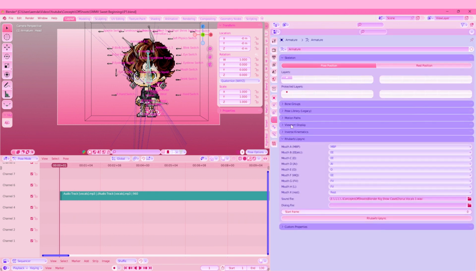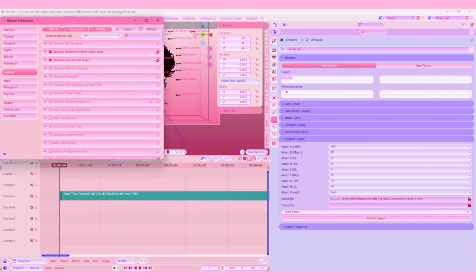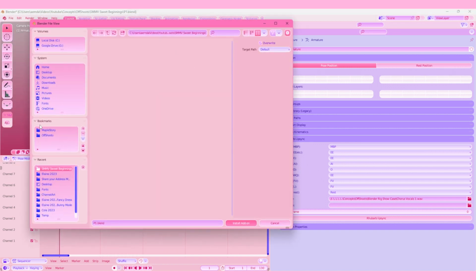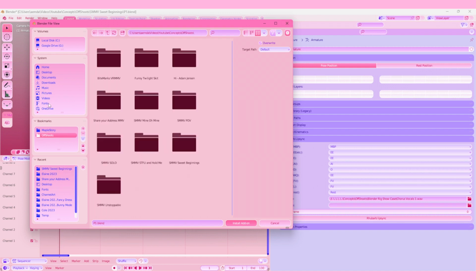and right here, if you have installed the add-on for Rhubarb Lip Sync, you can go ahead and use it. If you haven't, let me go ahead and show you how to do it. It's really easy. You're going to go into preferences, add-ons, install. Now, in my video that gives you the download link to my original Syrup system, there is a link to the Rhubarb Lip Sync system, and all you have to do is install that